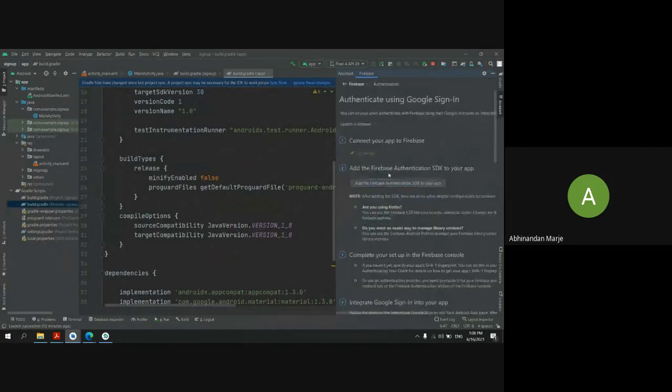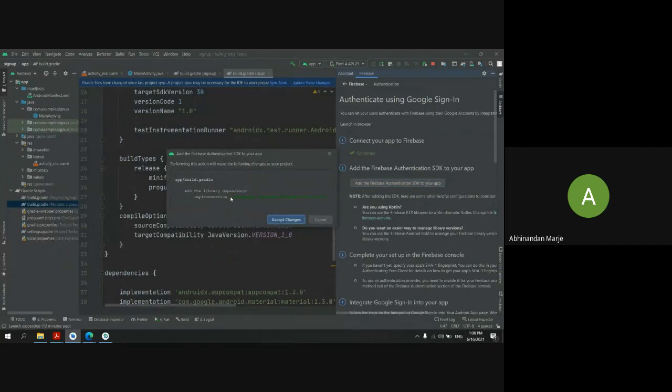When you want to use a database and click on add, it will show an option like this where it will include a version here, Firebase auth, and after that the version, right?